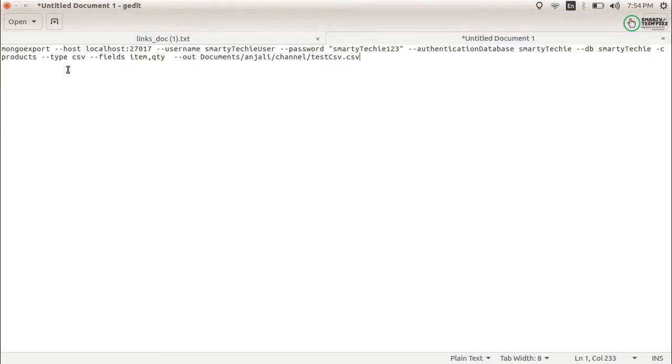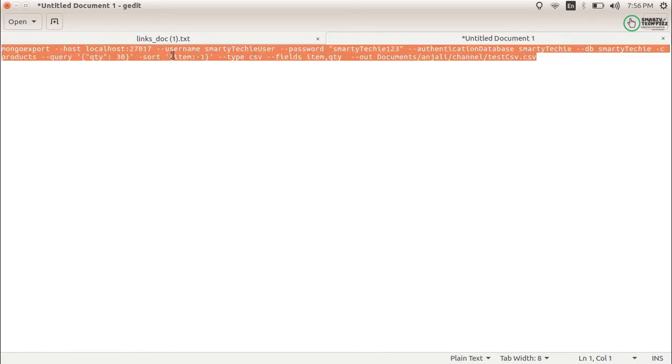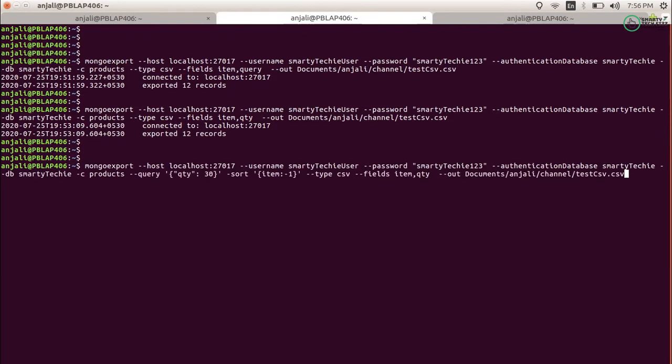I want the sorting on the field item, in descending order. So we will specify -1, which is for descending. Let's run it here.